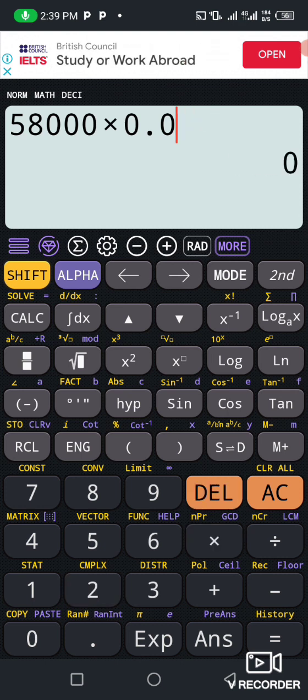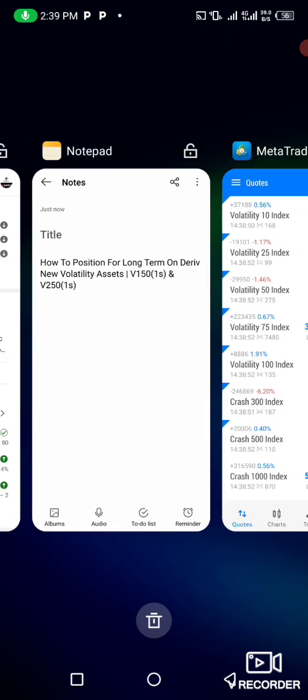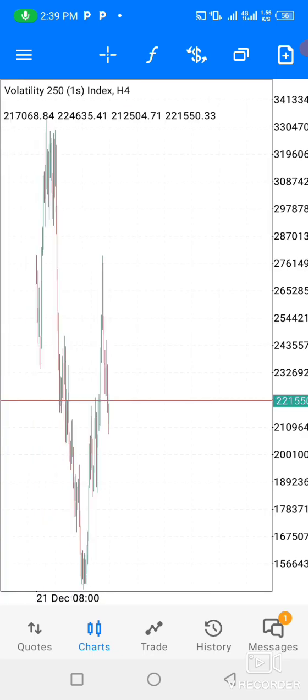Then if you use 0.01, this will cost us $580. You can still not hold the trade. Now, what you need to do is place your order carefully. You can't just start trading anyhow. You can place the order